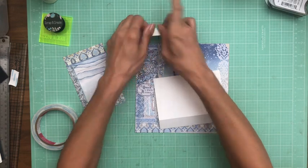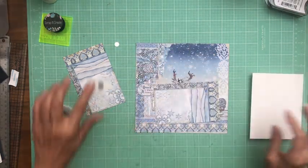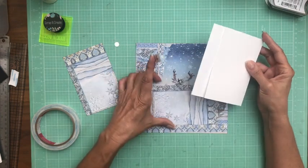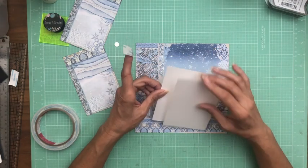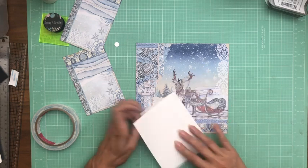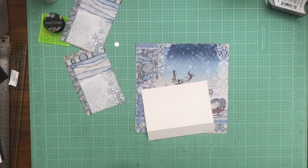Sometimes it works out beautifully. Other times you wind up with flaps going over each other. Now I said that 10 times and now I have to think about what I'm doing again. This way, yeah. Okay, so I'm going to put a magnet on the inside here. And then that's good. And then we're going to add our tape